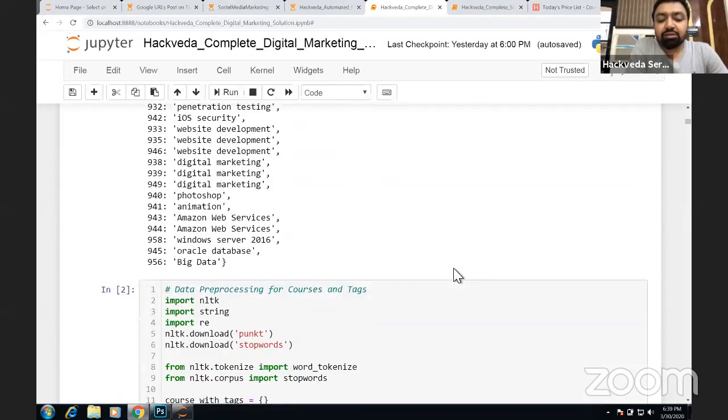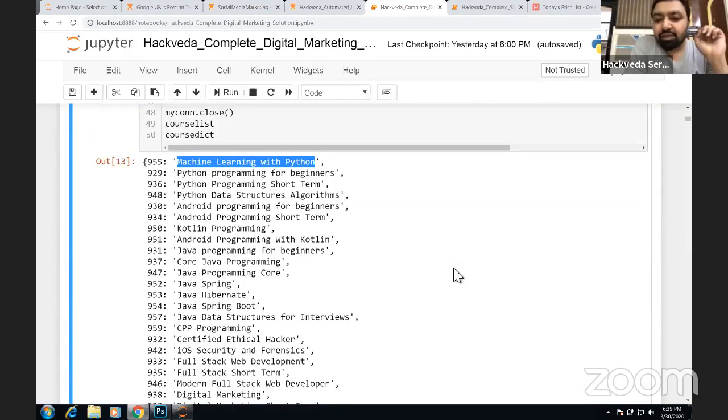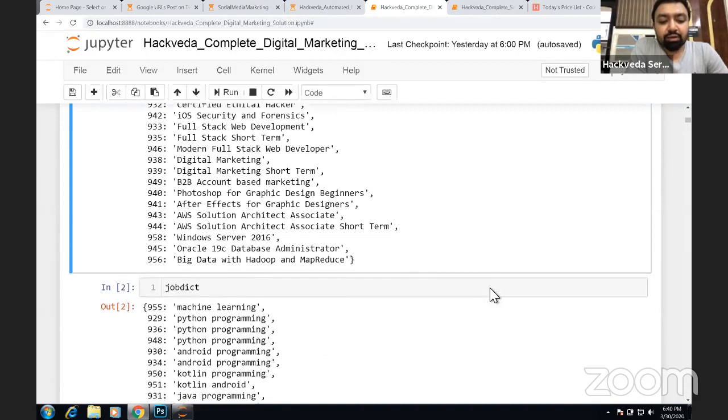One of the first things which we generally do is identify important tags from these products. It could be possible that I'm saying machine learning with Python, somebody would say machine learning in Python, somebody would say I want to do machine learning, somebody will say I want to do Python with machine learning. So there could be so many ways these terms can be used. So for each product, we identify the tags, and then we perform analysis on the basis of the tags which we have got. Now let me quickly take you to the next layer.